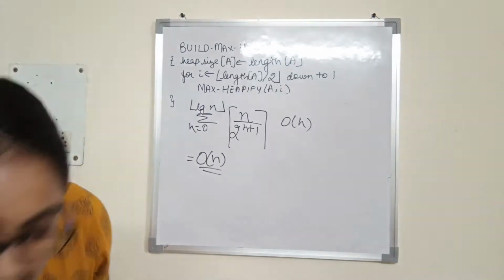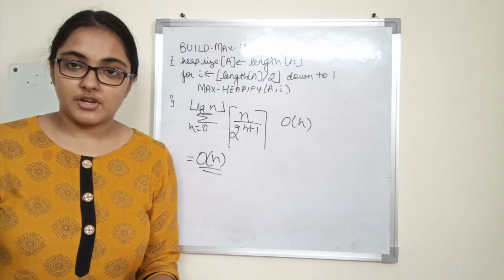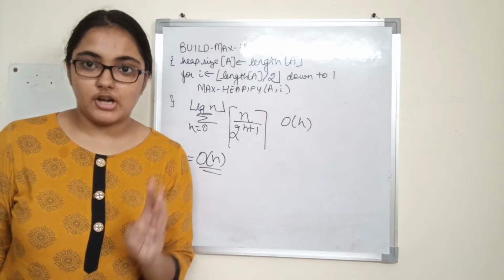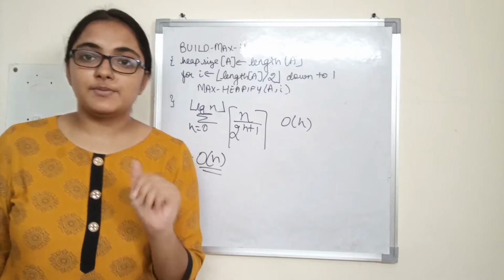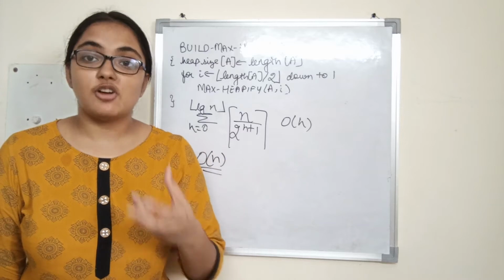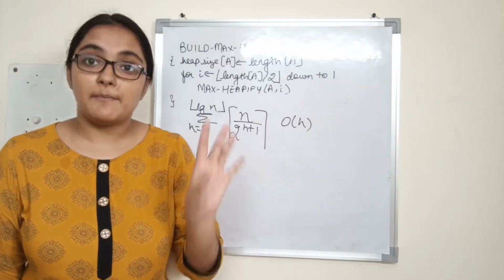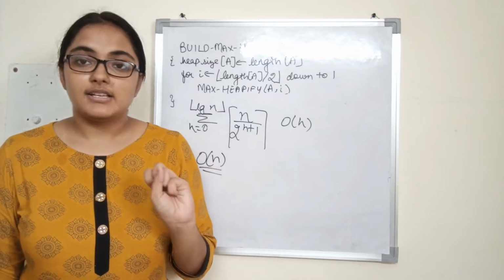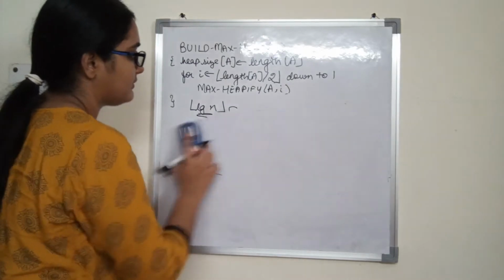So now let us see heap sort. We have discussed insertion sort and merge sort, and now we are going to be discussing heap sort. What heap sort does is, using a max heap, it will try to sort the elements of an array. If we have to sort the elements of an array using a max heap, we use heap sort. So it is another method of sorting, right? So let us see that.